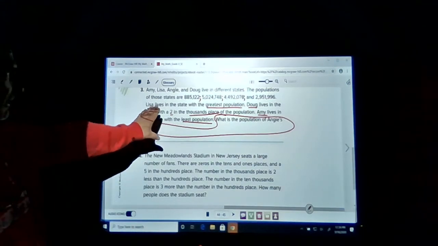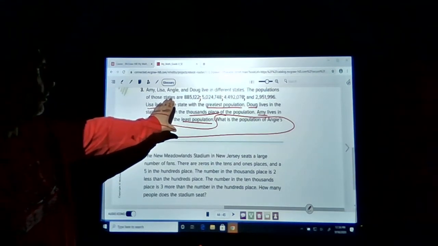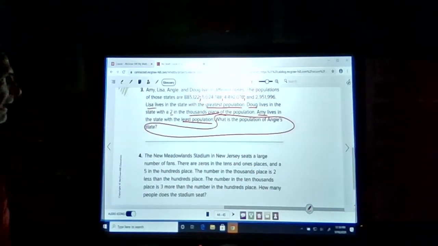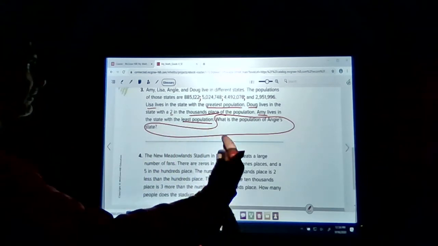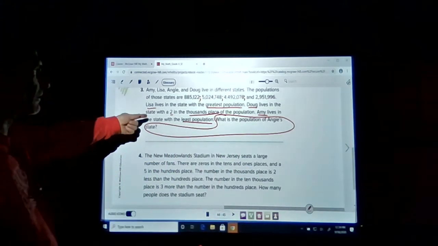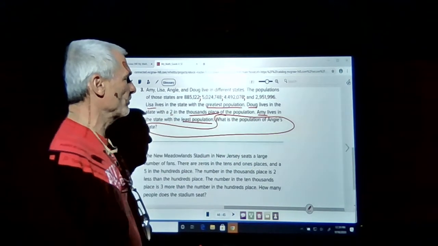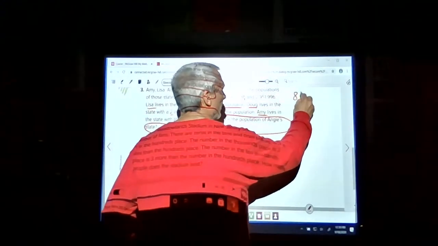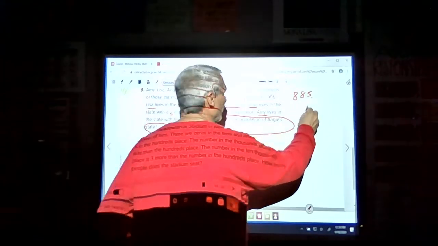Well, it is going to take some work. There's 4 numbers. They're big numbers. Line them up and process of elimination. Figure out the others, and then we know the next one is going to be Amy. So let's do that. Scratch paper. Write our